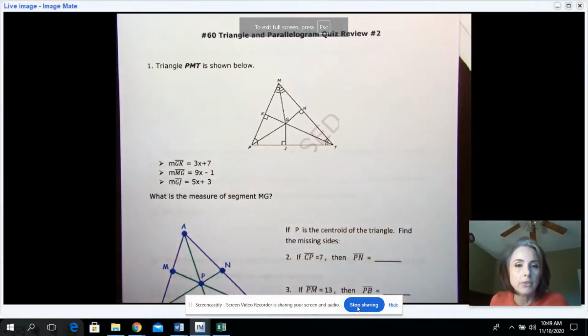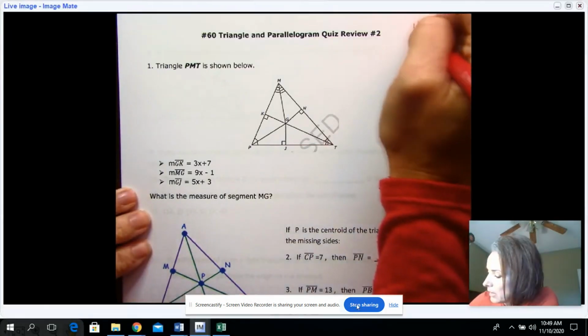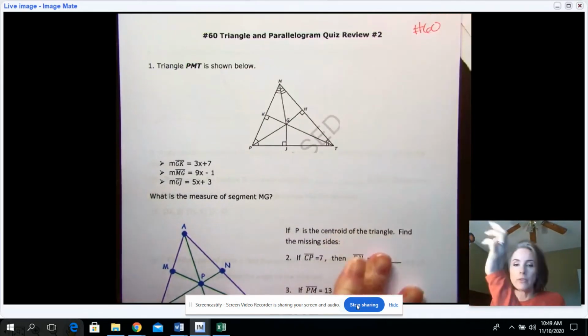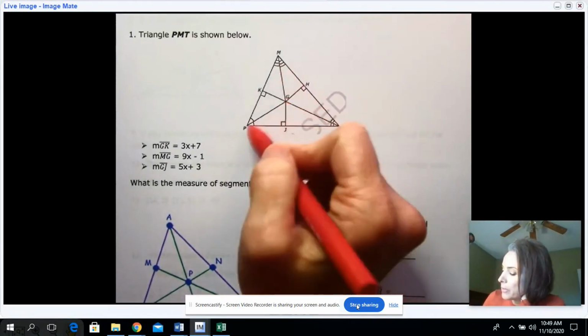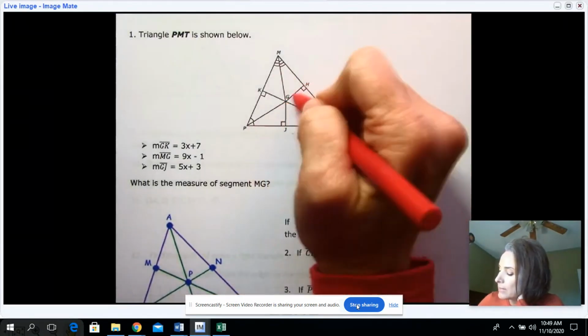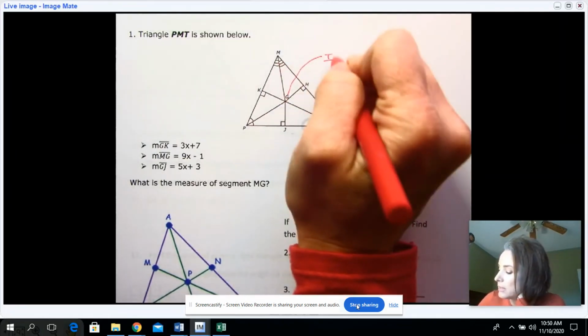Okay guys, here are the answers to our number 60 triangle and parallelogram quiz review number 2. So, again, this is number 60. If we look at the first one, we see G is formed by the angle bisectors. Well, if that's the point formed by the angle bisectors, we know that G is the incenter,